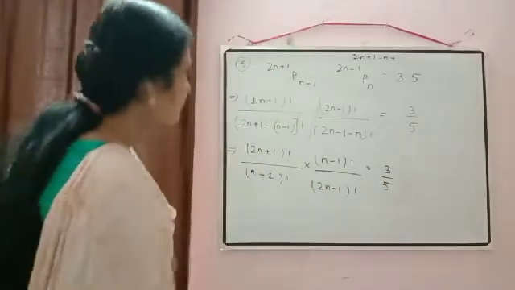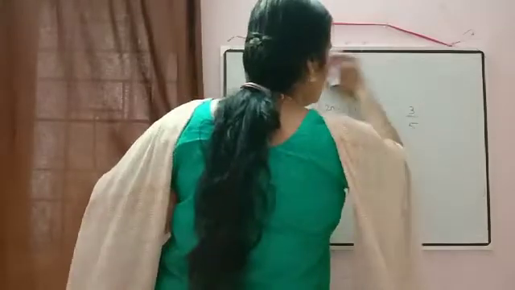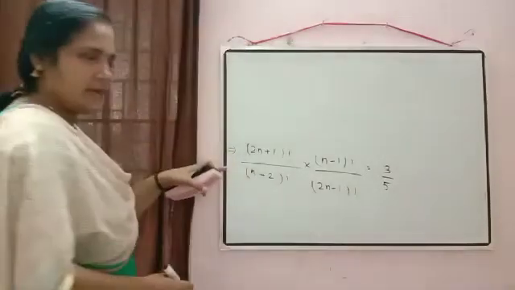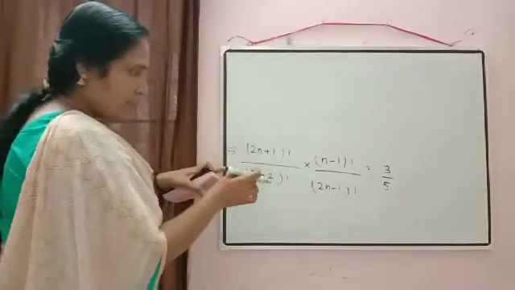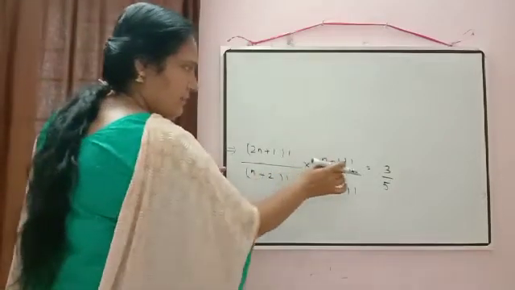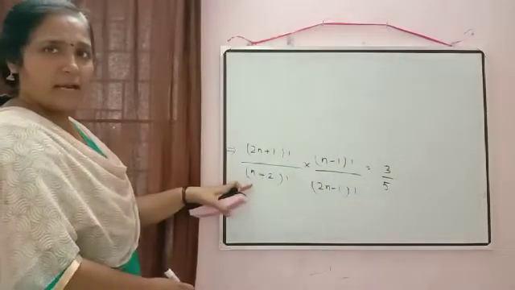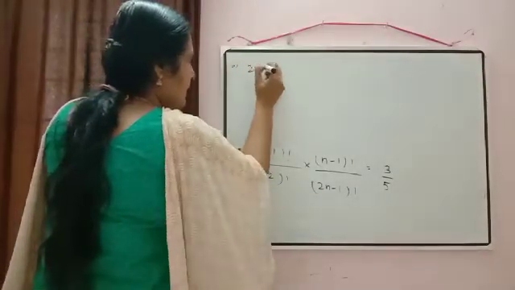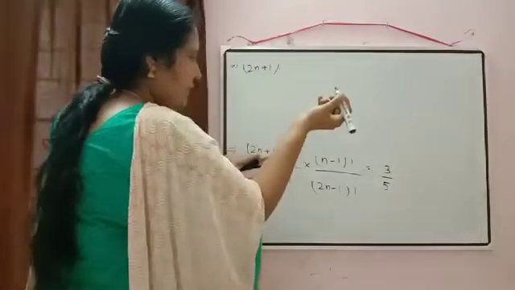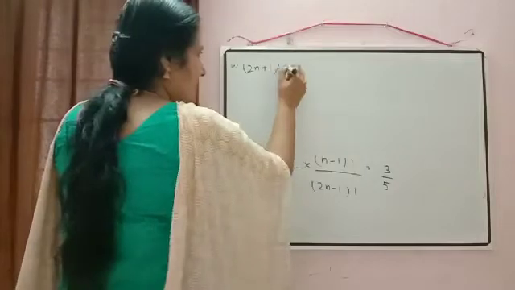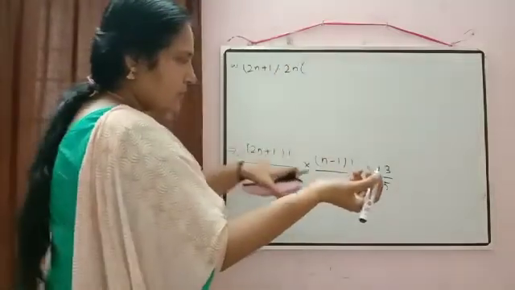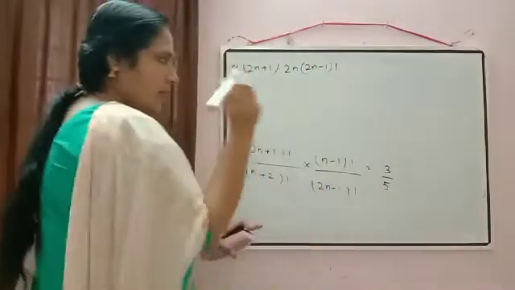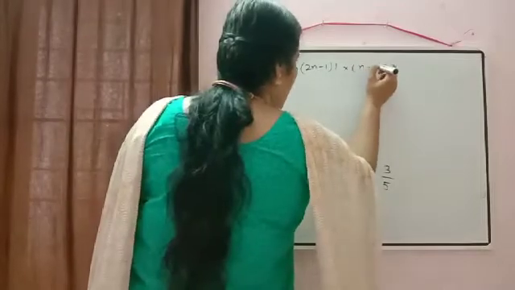Now once again, what we have to do? We have to check the greater number and keep on subtracting. Here we have 2n plus 1 and here we have 2n minus 1, so obviously this number is greater. Here also you check: here we have n plus 2 and here we have n minus 1, so this number is greater. So first we subtract from here: the first expression will come 2n plus 1 only. Second one, subtract 1, we get 2n. Again minus 1, we get 2n minus 1. So we'll stop here. (2n-1) factorial into (n-1) factorial we'll write down as it is by (n+2) factorial.